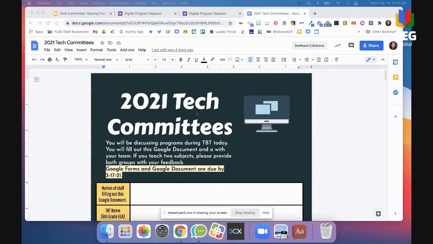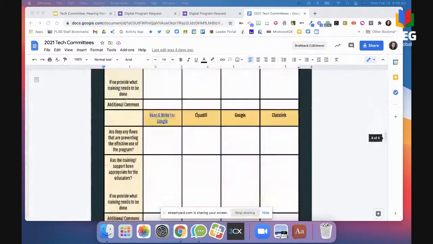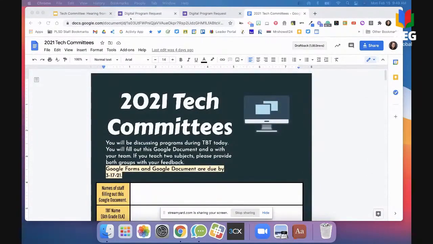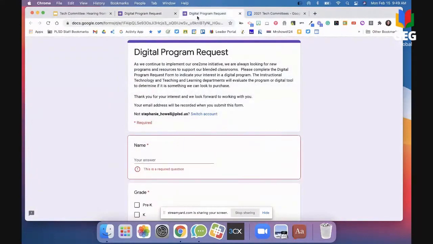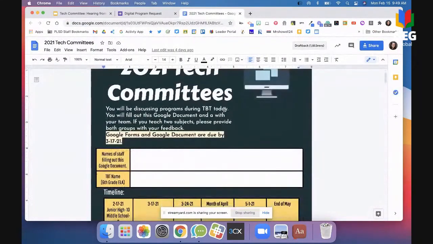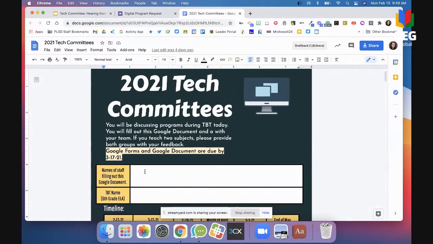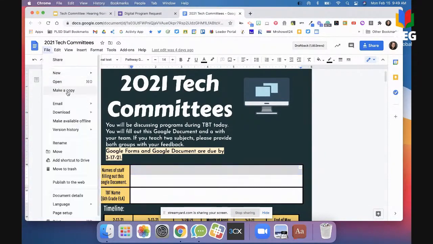So at the beginning of February, I worked on creating this document. That was the creation, the start of it. And let me get rid of that. There we go. So for 2021, this is what my tech committee plan looks like. My teachers are going to work together on this Google document. They're going to go to File, make a copy,